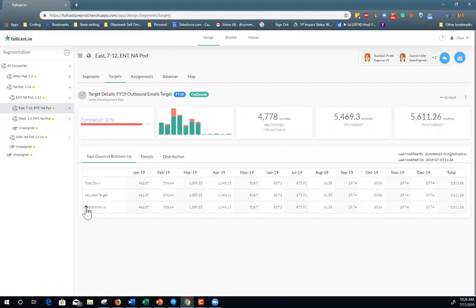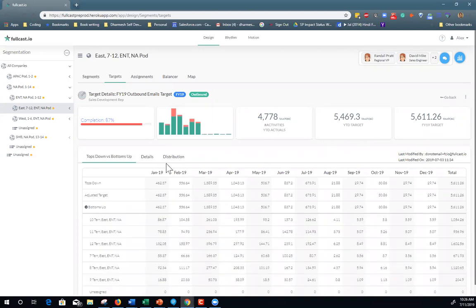Most often, how targets work is the sales leadership says, this is our target, and we're going to assign the target to our team. So the managers get it. Managers assign the target to the reps under them. The reps may or may not agree with the target itself, and so they will have feedback on the target. That's the bottom-up feedback that's coming in. And so as an ops team that has good fiduciary responsibility, you want to be able to track both the top-down and bottom-up target.